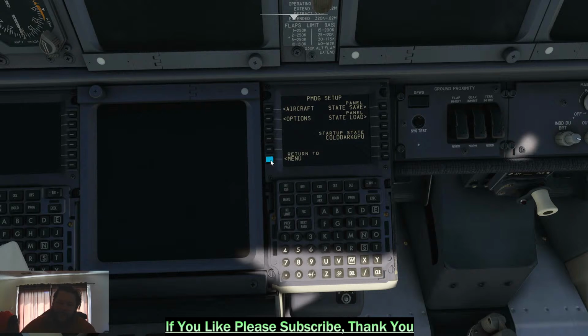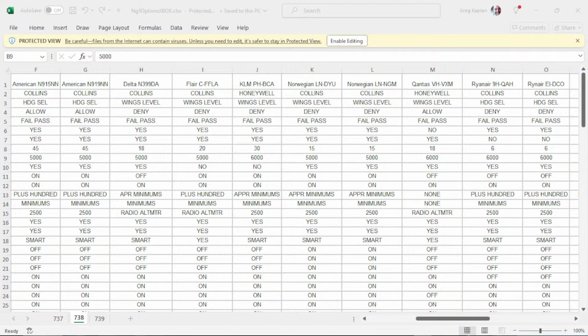PMDG on their website, if you go to their documentation page, you can always just Google or Bing or Yahoo, whatever search engine you use, DuckDuckGo, just type in PMDG space documentation. That'll go ahead and bring up a few documents that you can download. One of them is this document here. Now, this document here goes over the 737, the 738, and the 739. And it gives you real world